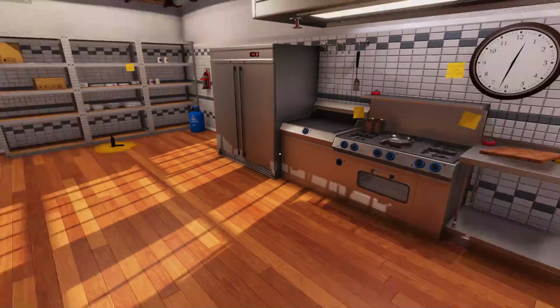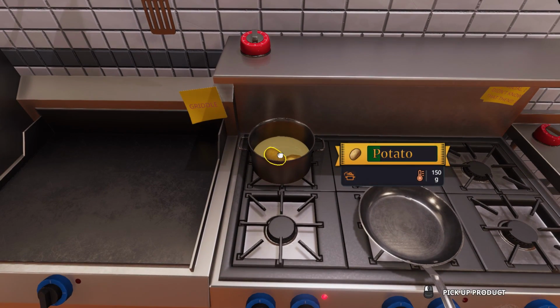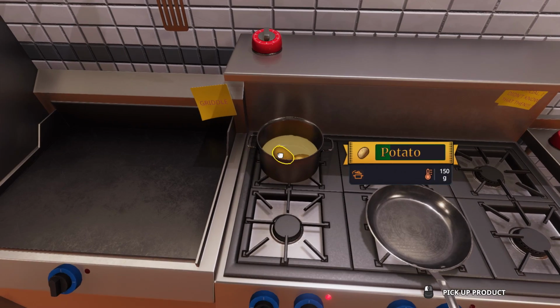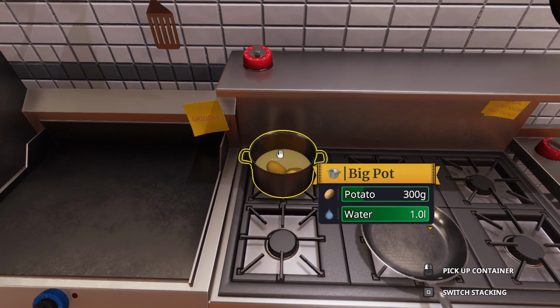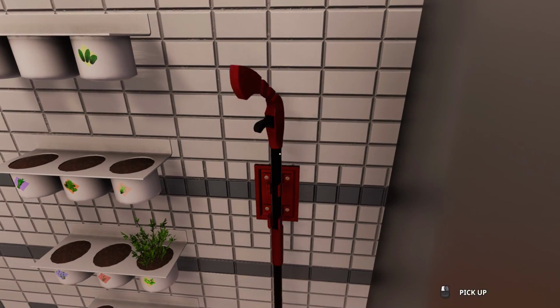Now we just need to boil these potatoes for 120 seconds. Hopefully they're boiling. There's no option to turn this up. There's only one setting. So I'm guessing it's hot enough. I guess as long as we're waiting for the potatoes to cook, we'll see if we can